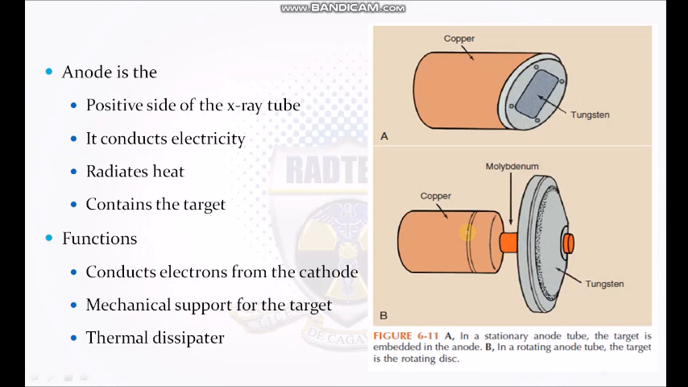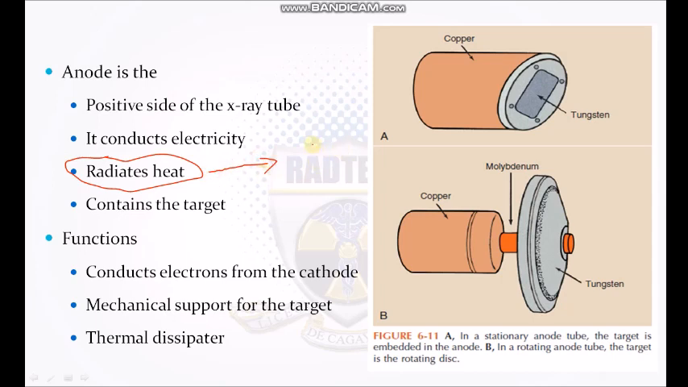Okay. And then on the other side of the X-ray tube, we have the anode. The anode is the positive side of the X-ray tube. It receives the electrons and then conducts the electrons towards the main electric path, and then it radiates heat and contains the target. So it radiates heat because in